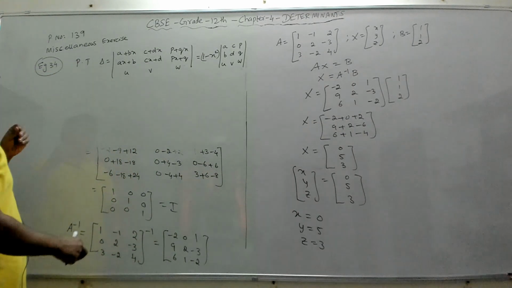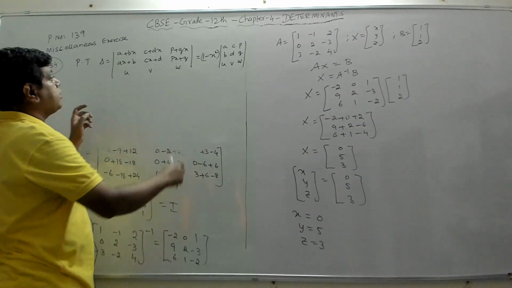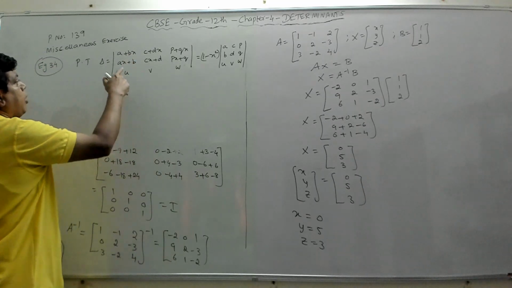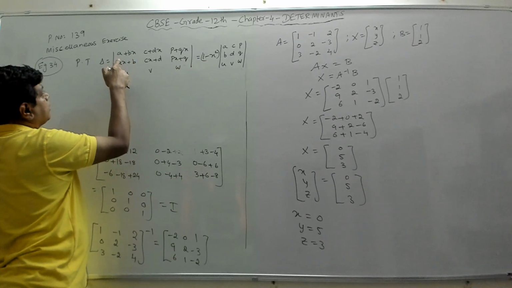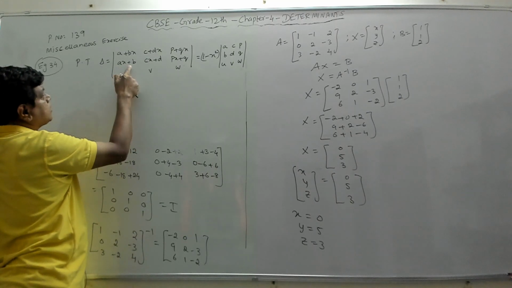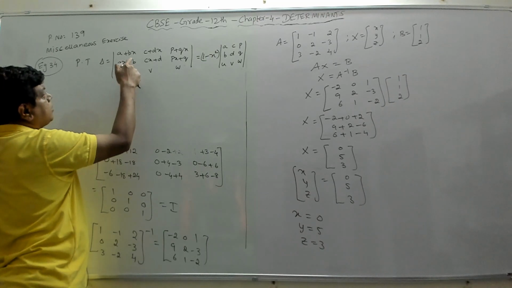Now, again, we will have to somehow get this 1 minus x square term here. Now, how can we get the 1 minus x square term? Suppose, if you observe here, if I multiply the second row with x, this will become ax square, and this will become bx. And then if I subtract